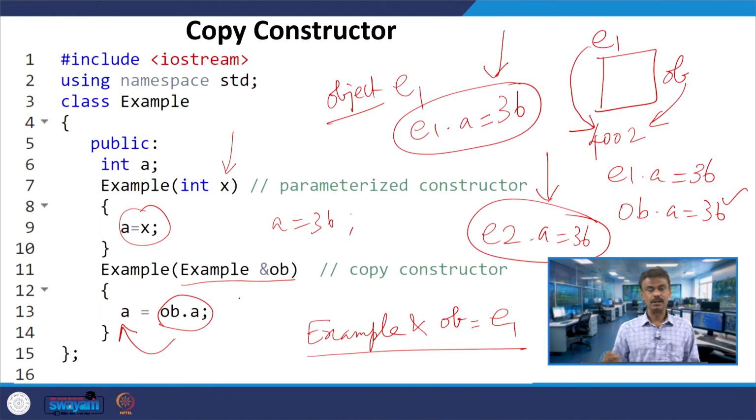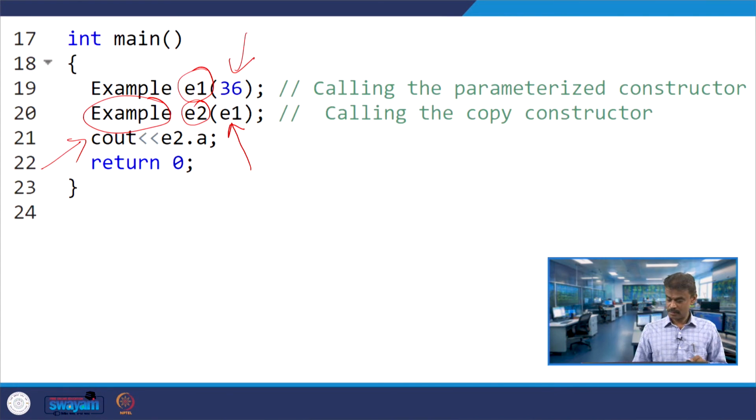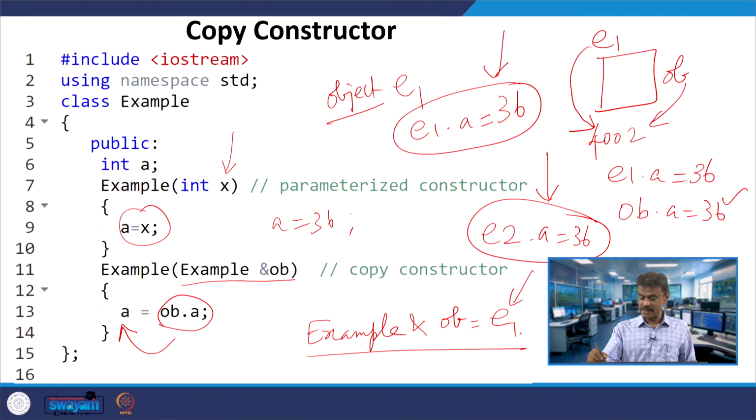Example address OB which is equal to E1, right. And then if you look over here, both OB and E1 are pointing to the same address. So that means E1 dot A is 36, OB dot A is also 36.